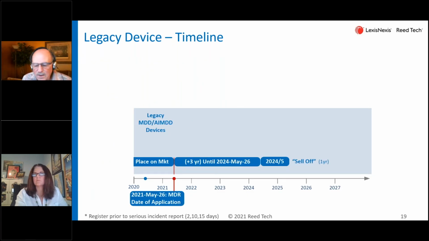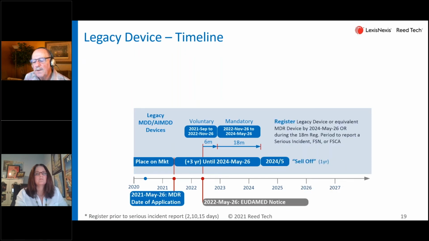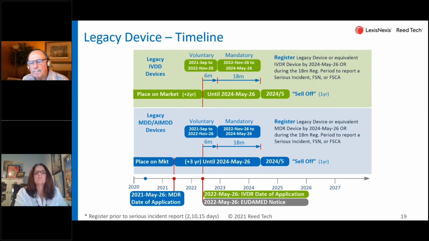Let's take a look at this. This is pretty much identical to what we saw earlier. That's our sell-off and the UniMed notice and this mandatory period. I added this particular slide just to show the summary of everything we talked about for legacy devices, for medical devices, and then in parallel we have this